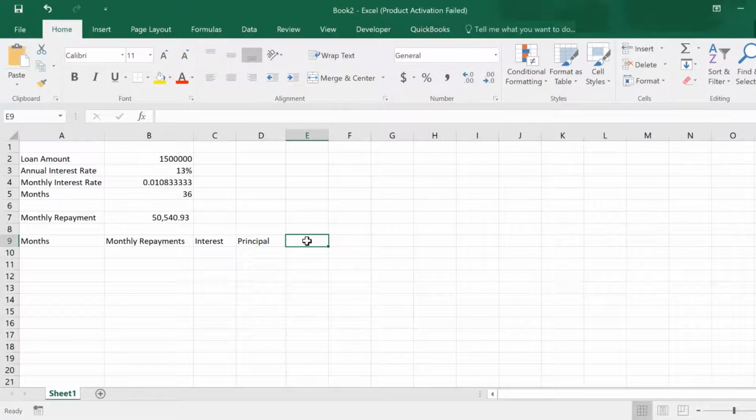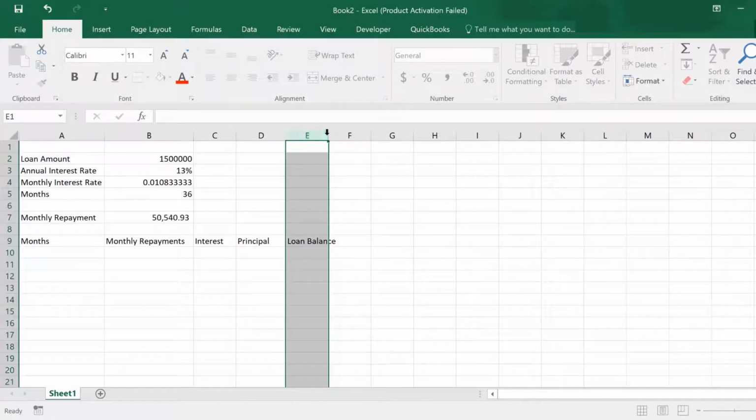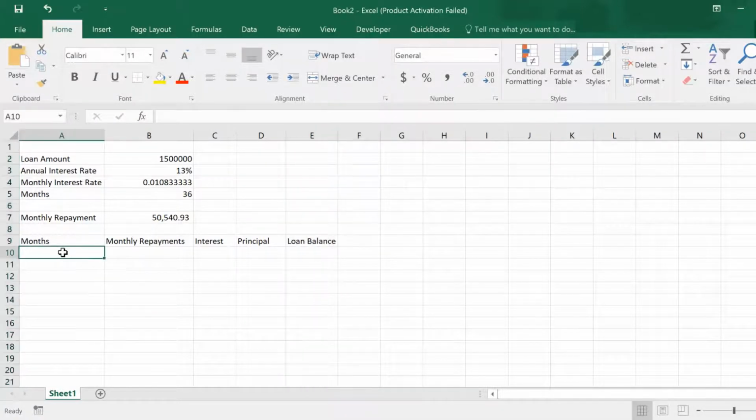And then at the end here, you can have the loan balance. So we start from 0. So 0 is today. Then the next month, you can say month 1,